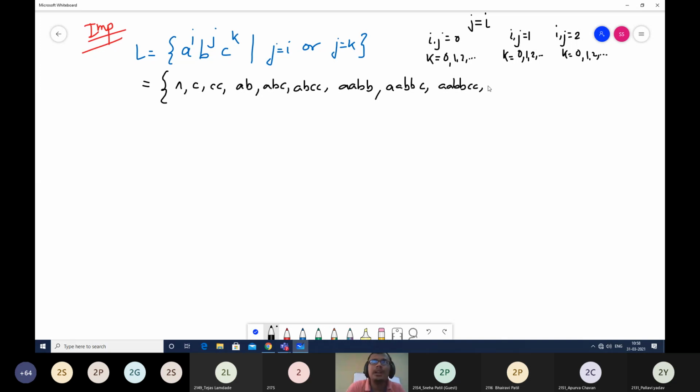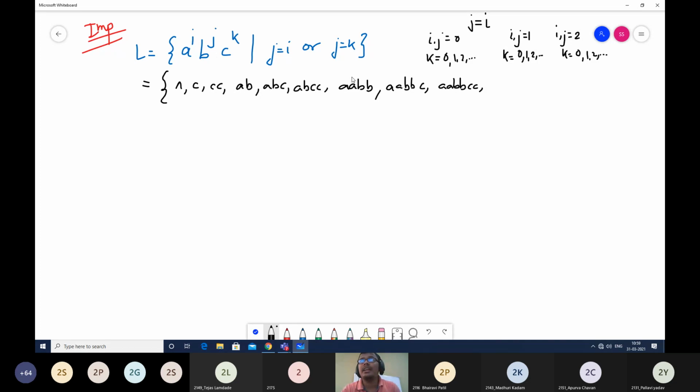Is this pattern understood up till now, whatever I have written? Any doubts in this? Yes, students? Am I audible? Yes, sir. Is the condition understood, how I took I and J as 0 first? In that I took values of K from 0, 1, 2. Then I took I and J as 1, and again in that I'll have K as 0, 1 and 2. Then I take I and J as 2, and again in that I'll have the value of K as 0, 1 and 2. And possible strings when I substitute those values are written here.